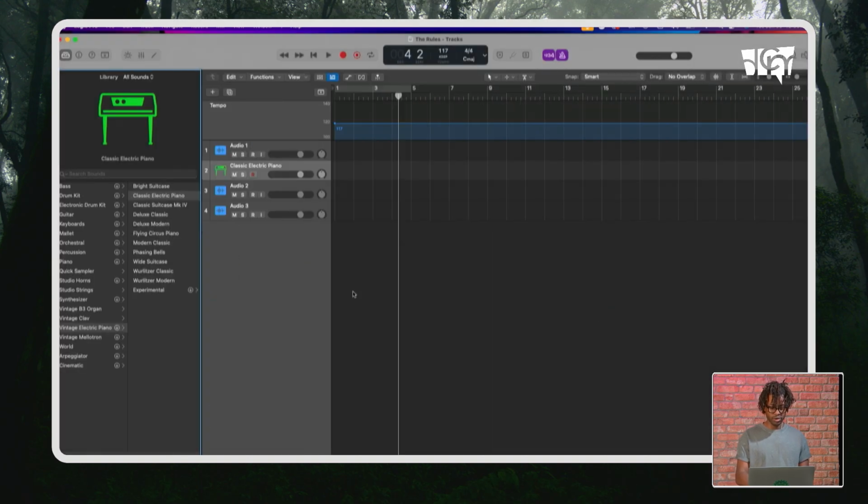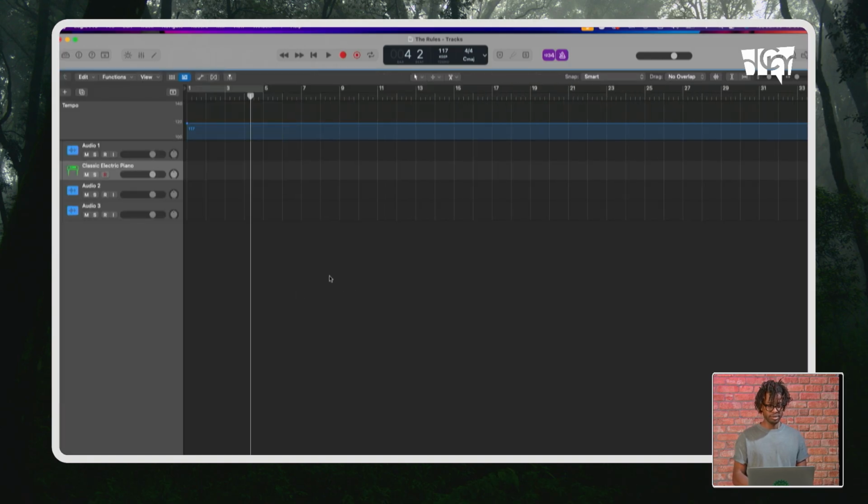For those of you that are new to Logic Pro, don't be discouraged by how it looks. It's pretty self-explanatory. This is session view. We're reading from left to right. We have our tempo up here at the top. On the left, we have our different tracks. You can bring up session view by taking away all the other views, and you can bring up other views